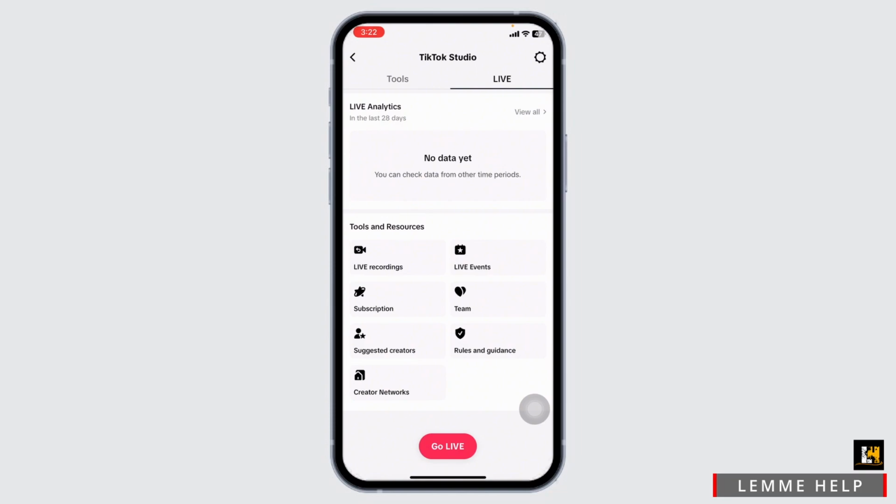Adjust the resolution, bitrate, and frame rate to suit your internet speed and desired video quality. Select your microphone and configure the audio levels. If you want to share your screen, select the screen capture option and choose the window or screen you want